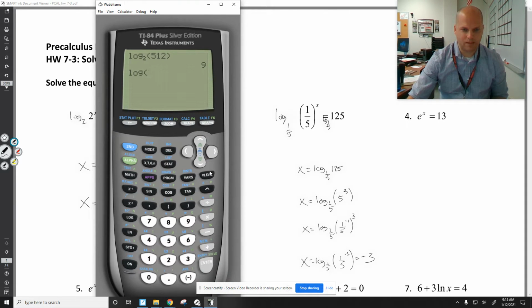You don't have to worry about that too much when you get to the calculus world. As long as you write it as this, that's fine. Or this is fine. Or this is fine. But just to show you,